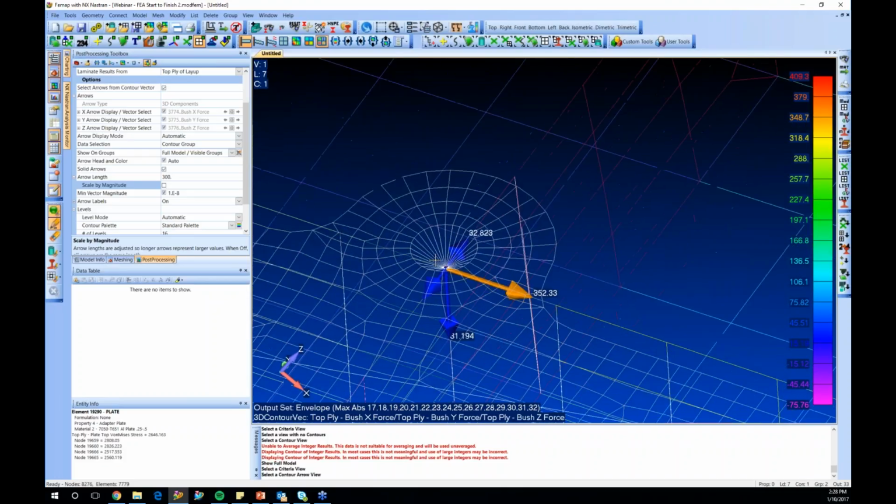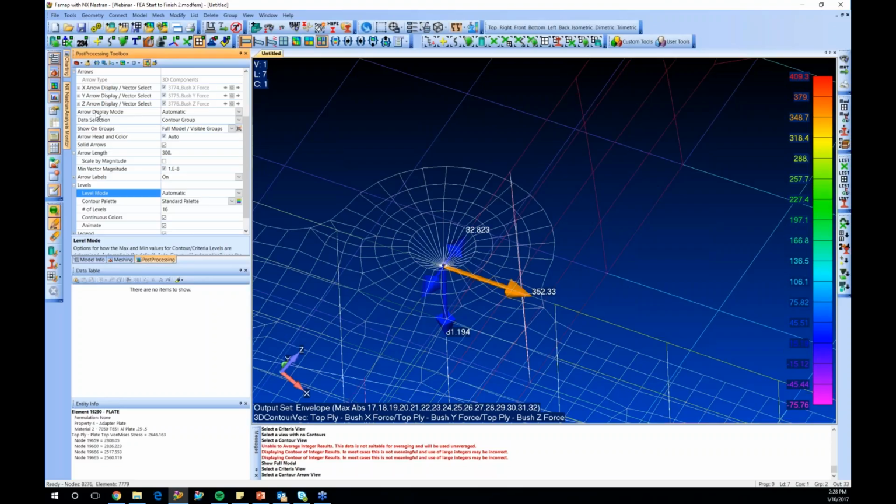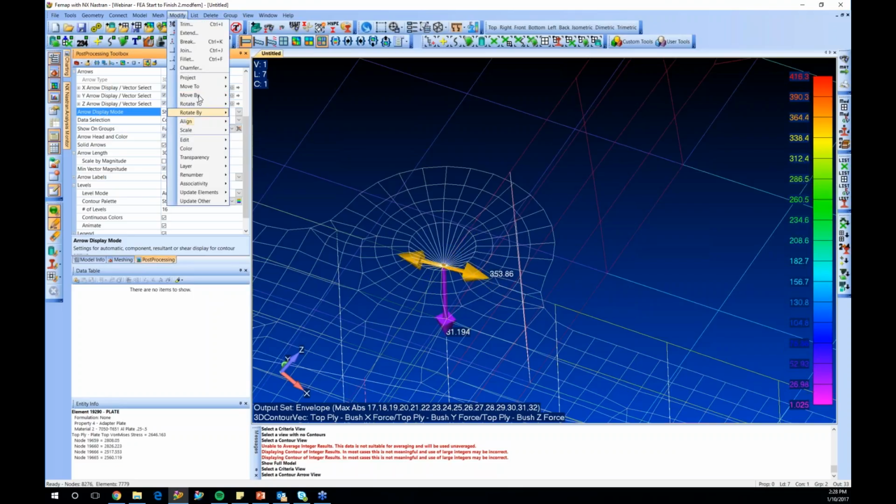But if it's a bolt, we're more interested in shear and tension. So what we can do here is through this level mode in your levels drop down, it's set at automatic, but that's not the right one. Sorry about that. Arrow display mode, we've got automatic. I know because we just made this model that the axial is in the Z defined. So I would click this, and you can check that by going to modify,